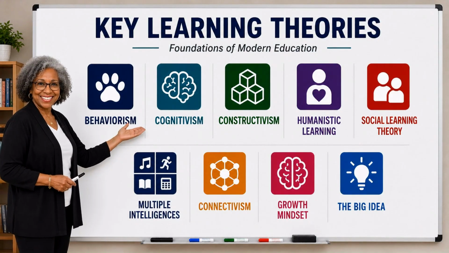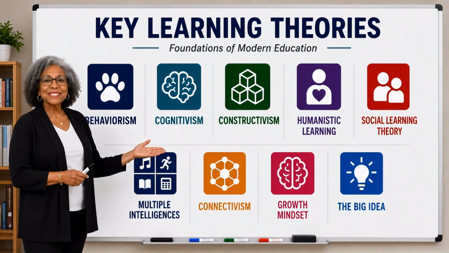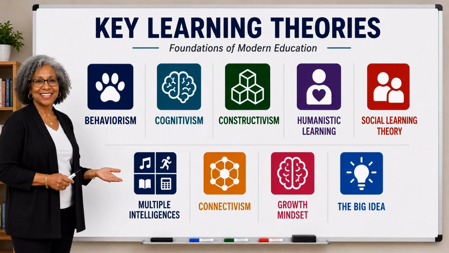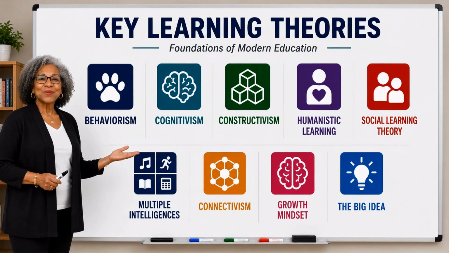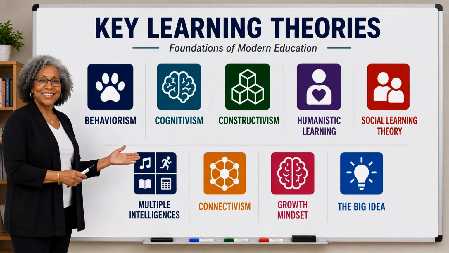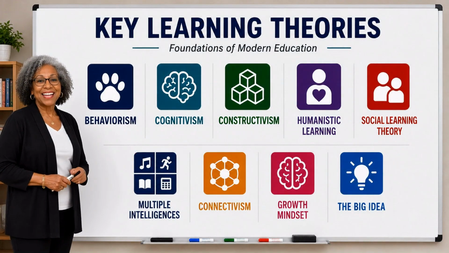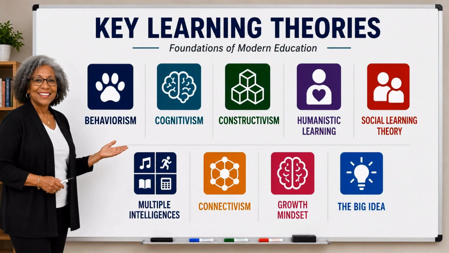Then came B.F. Skinner. Skinner developed operant conditioning. He showed that reinforcement and consequences shape behavior over time. Positive reinforcement increases desired behaviors. Consequences can reduce unwanted behaviors. Many classroom systems today still reflect behaviorist principles: grades, rewards, practice quizzes, feedback, participation points, and repeated skill practice.